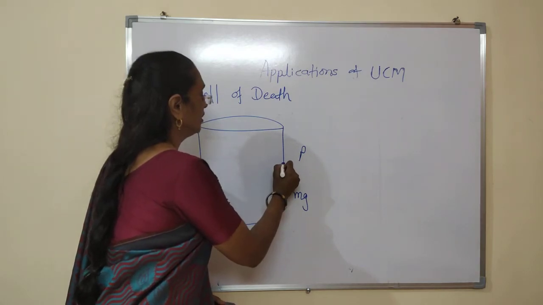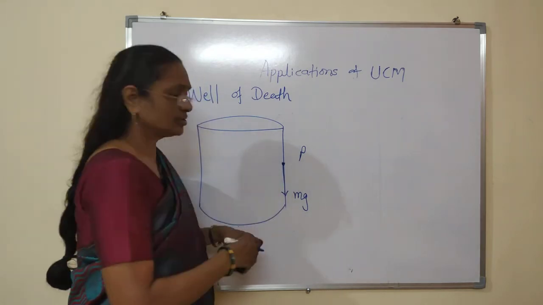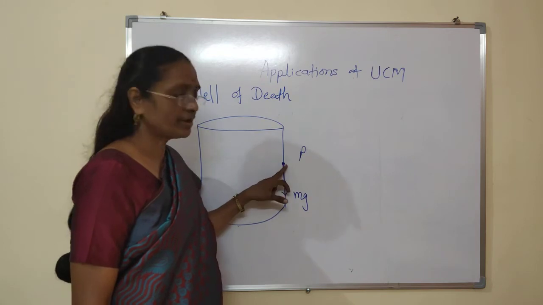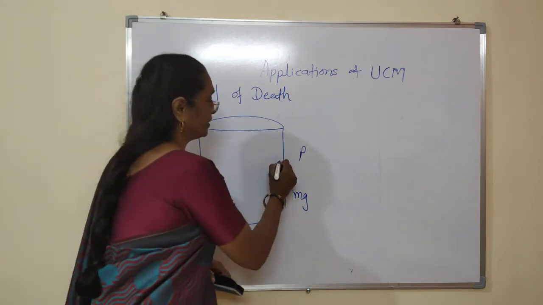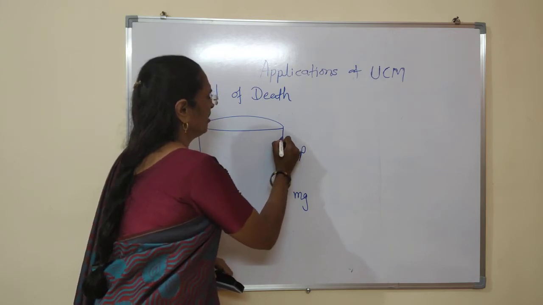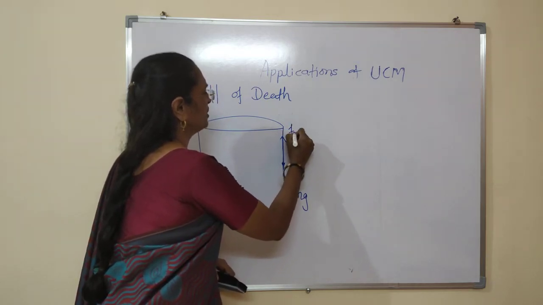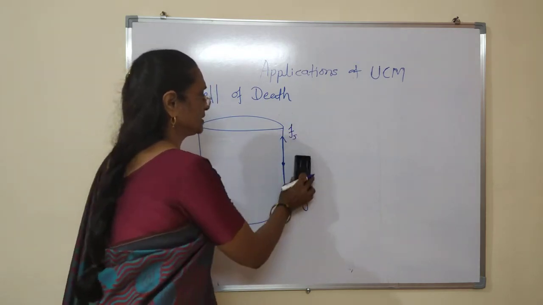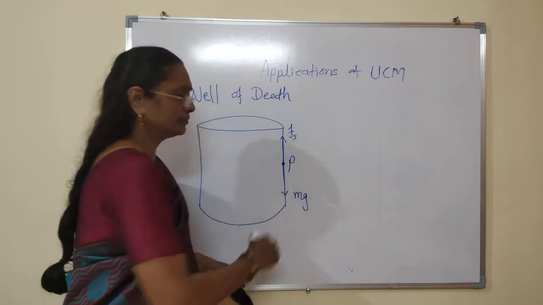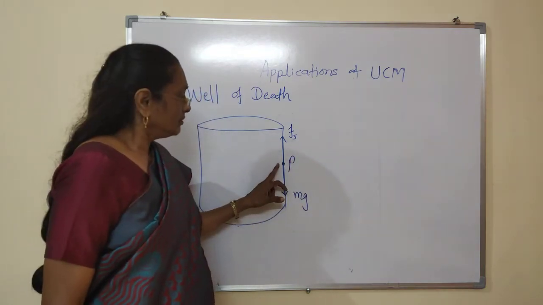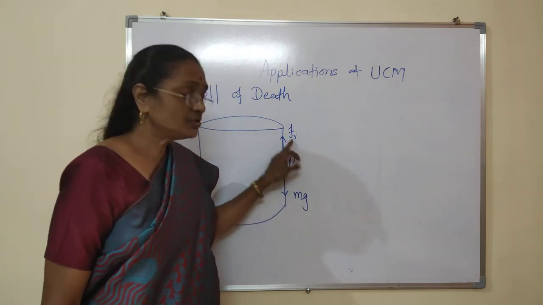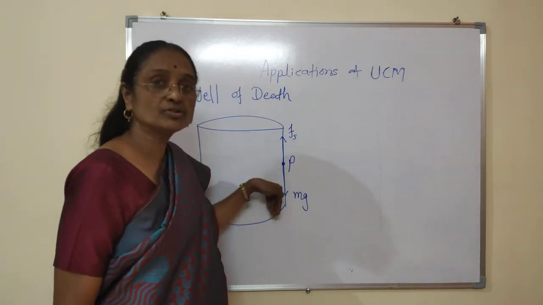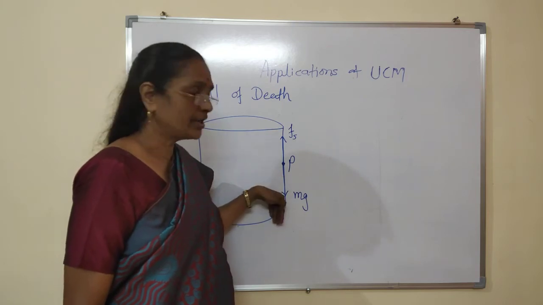Here, when the motorcycle is in contact with the wall, there is a force of static friction, but it acts vertically upward in this case. Here, this force avoids the falling of the motorcycle in the downward direction,